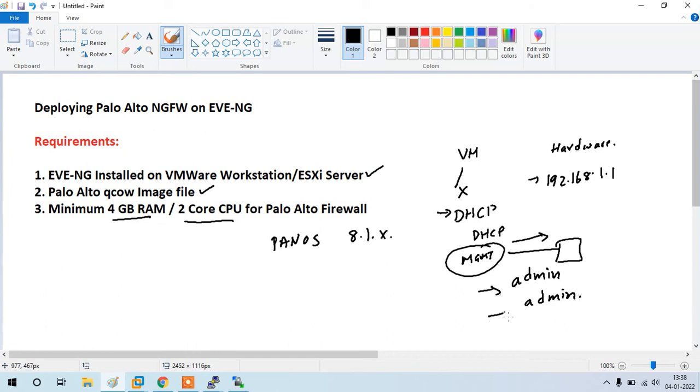In the case of hardware, you need to connect a cable directly to the hardware box, and similarly configure an IP from the same range as 192.168.1.1. Now this is a VM, so we are good to have DHCP and it will get an IP address.